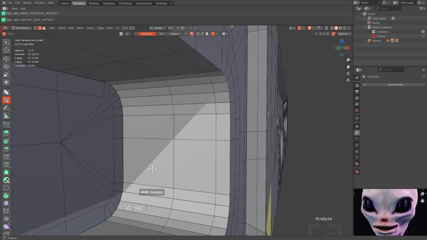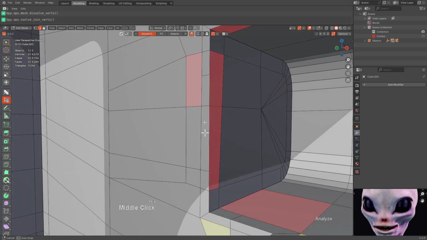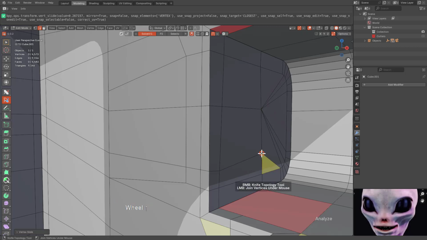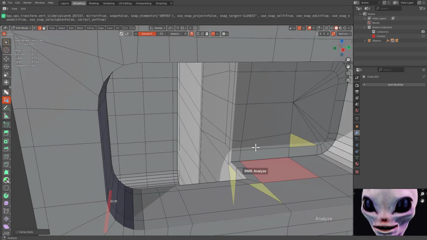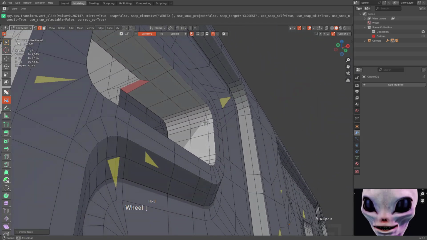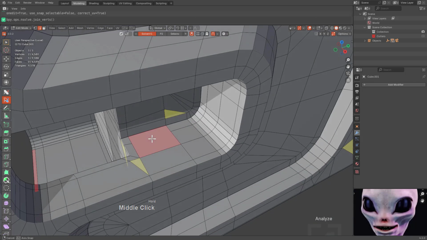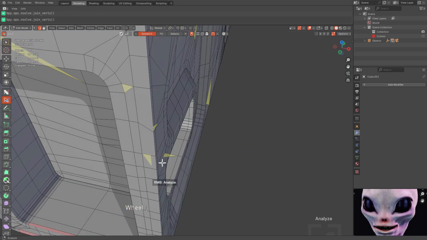All right, and we're just trying to get in on that itty bitty edge. Here we go. We'll get rid of that edge. And this one, we'll let it try there for now, but we are definitely thinning out the geometry that we're having to deal with. And with that correction, that side is now looking better.